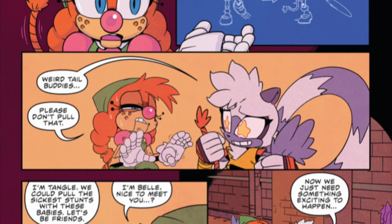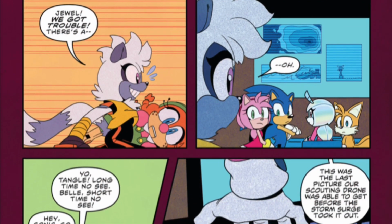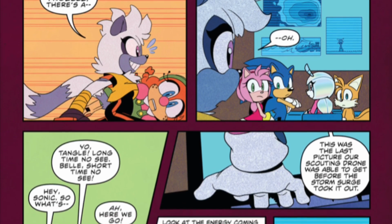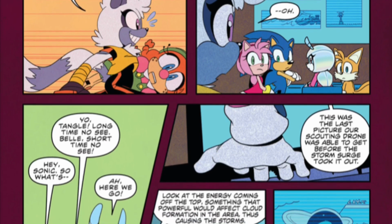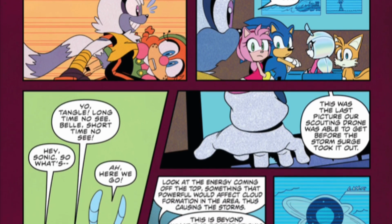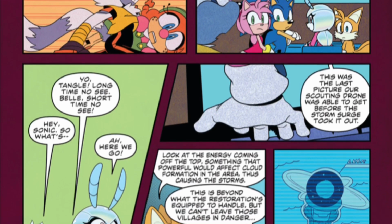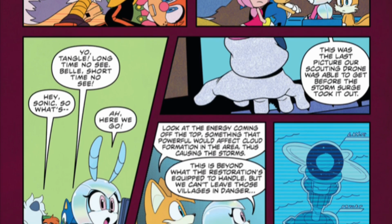But speaking of which, let's go back to Sonic. So it's actually funny. Tangle carries Belle under her arm into the main part of Restoration HQ, where we find out there's this machine causing these storms to happen. And I looked at this machine for a while, and I don't know if I'm supposed to know what it is. I can't imagine I'm supposed to, because it...